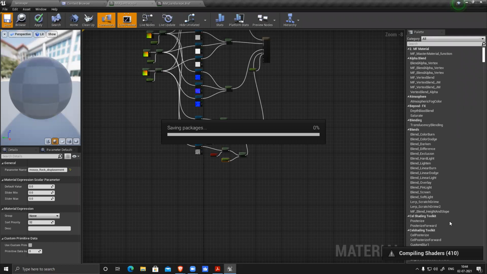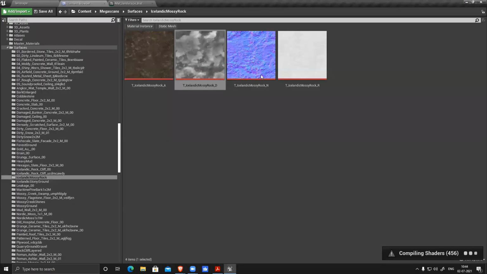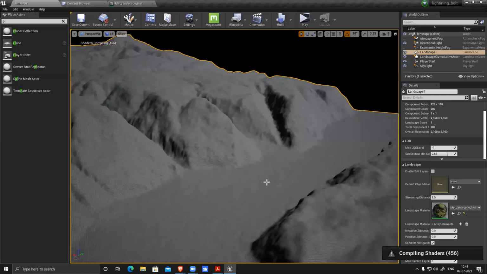It did save because it was compiling, and in between I have modified the shader, so you have to recompile the entire thing. So that's why it's taking a little longer. See, it's started compiling. Close this. Now you can see all these extra options you got here. Let it compile.